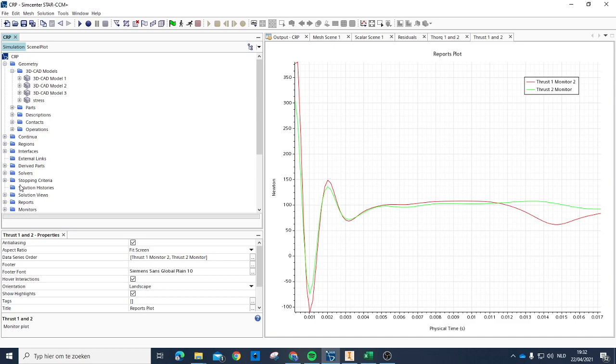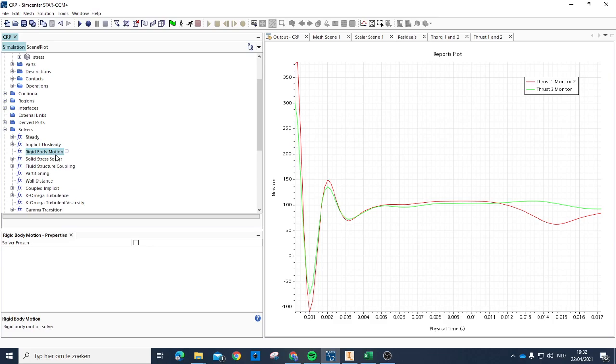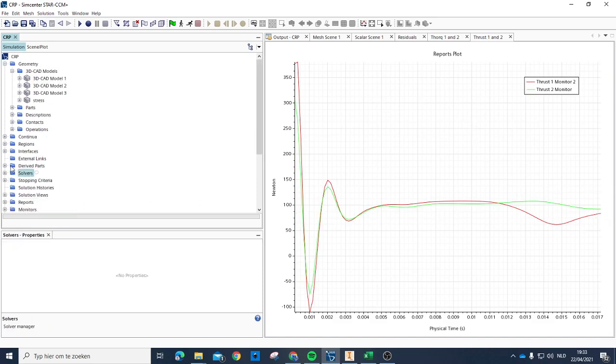I made a mistake with the solver. I accidentally froze this solver, but this solver is also necessary for the simulation, so if you don't have this result, this might be the thing you did. That's what's wrong, what messed up the simulation. But these are the things. Let's first start with mapping the thrust,